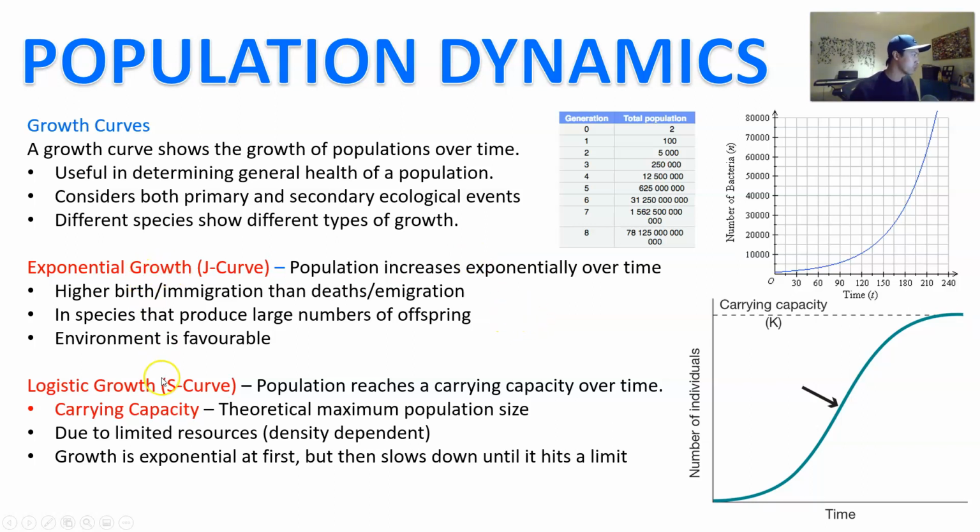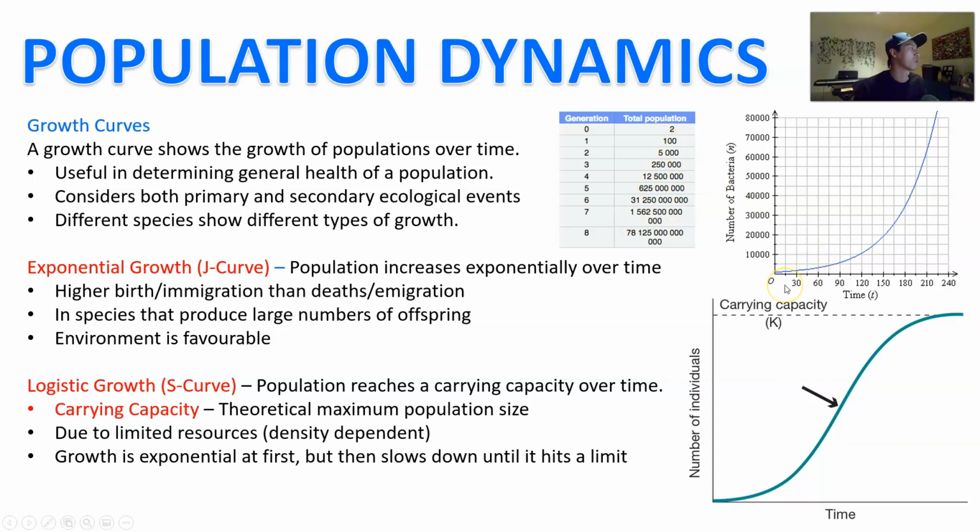We have exponential growth and logistic growth, right? Exponential growth is when the population is going to increase exponentially. Now, in maths, exponential increase means it's not only increasing, but it's increasing faster and more rapidly, right? So you might start with 2 in the first generation, 100 in the second one. But if all of them are successfully breeding, producing offspring, you might end up with 5,000 by the second generation. And then, generally speaking, over time, that should increase quite significantly, right?